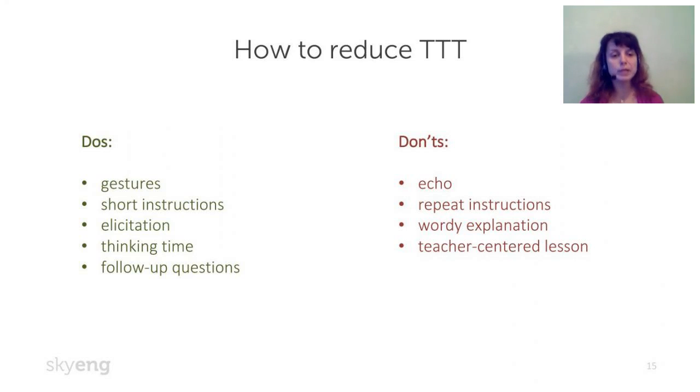Repeating instructions is another bad habit. It sounds like, okay, now read the text and mark the sentences true and false. If you see that the sentence is correct, you put T. If you see that the sentence is wrong, you put F. So you don't really write anything here, you just circle TF, TF, TF. How many times have I repeated the same thing? 3 times. Why? Because I'm not sure that my learners understand me. But if I know how to give good instructions and how to check understanding, I won't have to do it.